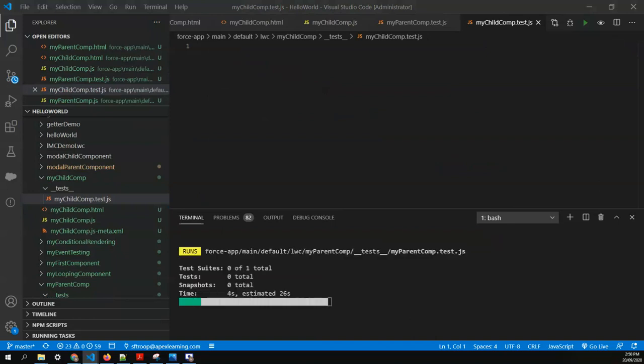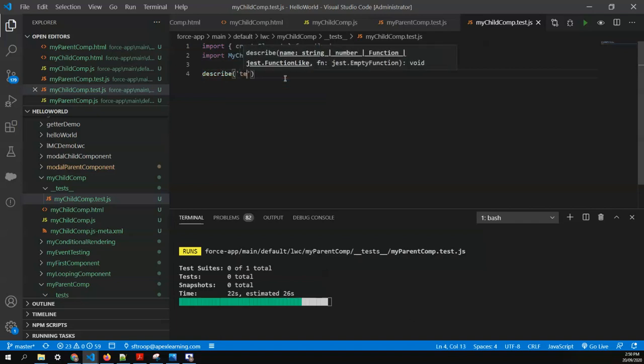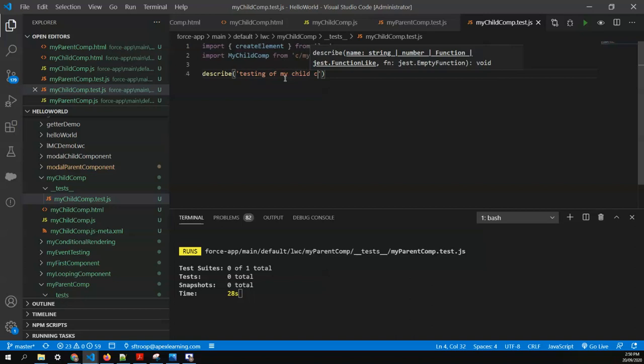And the structure, again, the starting point is almost same for all the test cases. You need to import your create element from LWC and my child component from my child component path, and you have to create the describe block. Within the describe block, you can write testing of my child component,